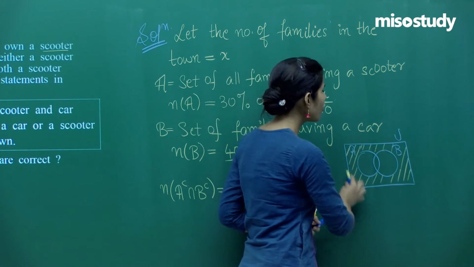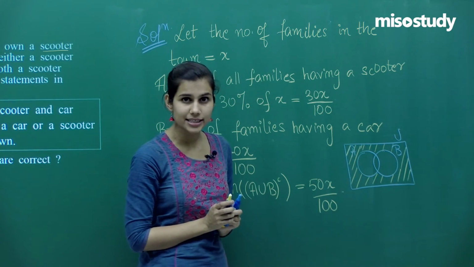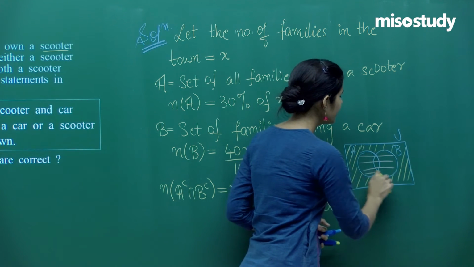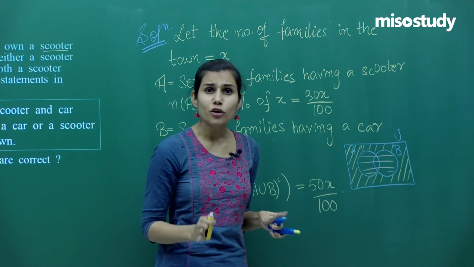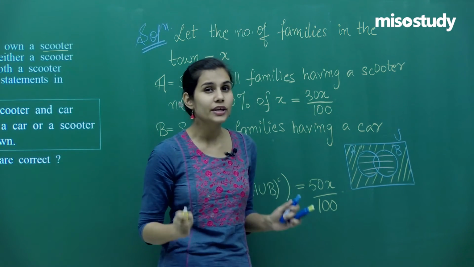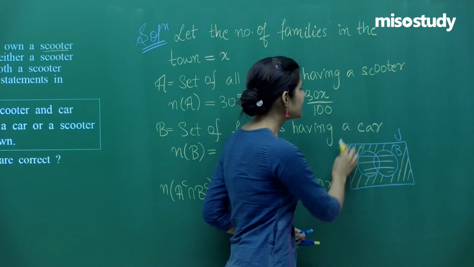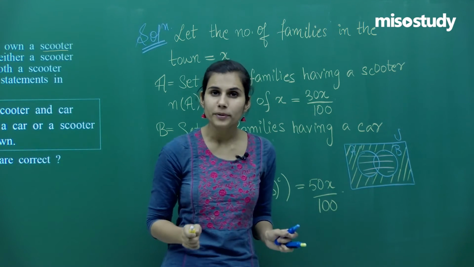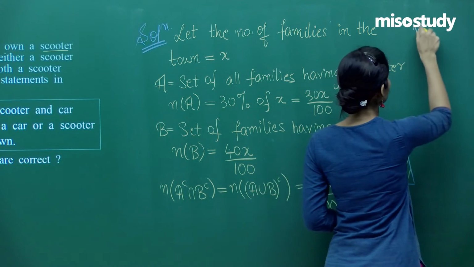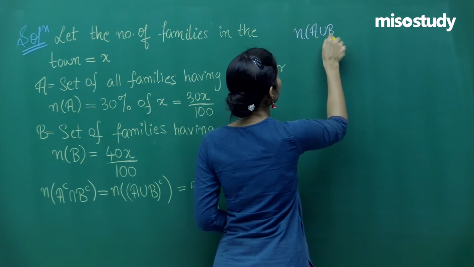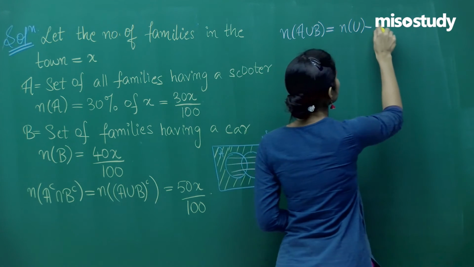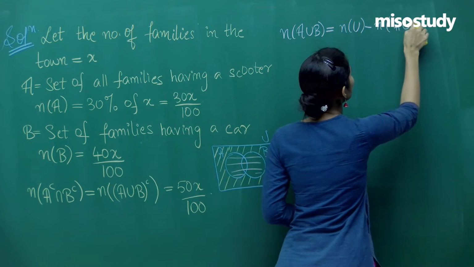You also know the number of members in the entire universal set. How can you obtain the number of members sitting inside A union B? The exact way is to subtract from the number of elements sitting in the universal set the number of members sitting outside A union B, and we will obtain the number of members sitting in set A union B. Therefore, the number of members in the set A union B is the number of members in the universal set minus the number of members in A union B